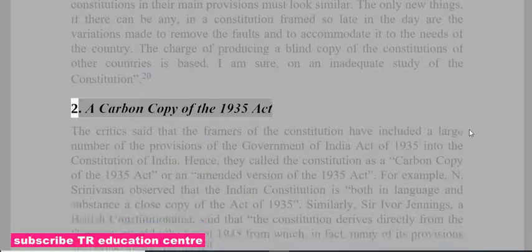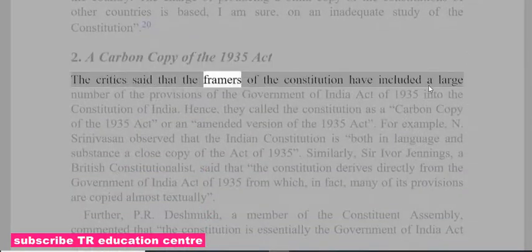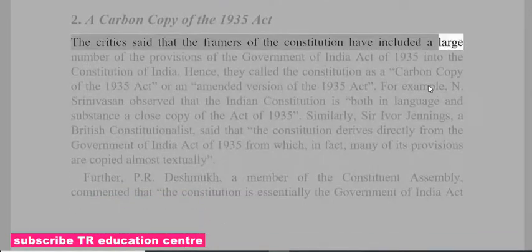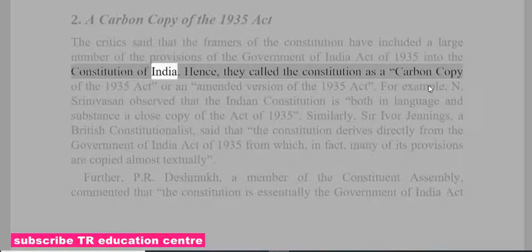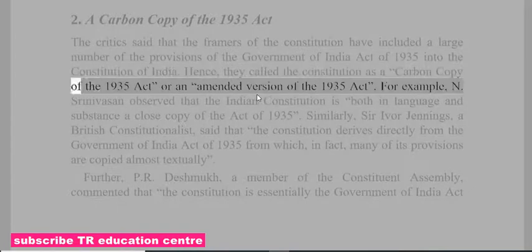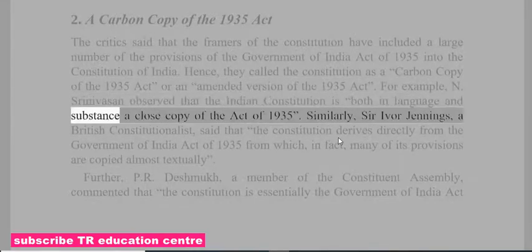22. A carbon copy of the 1935 Act. The critics said that the framers of the Constitution have included a large number of the provisions of the Government of India Act of 1935 into the Constitution of India. Hence, they called the Constitution a carbon copy of the 1935 Act, or an amended version of the 1935 Act. For example, N. Srinivasan observed that the Indian Constitution is, both in language and substance, a close copy of